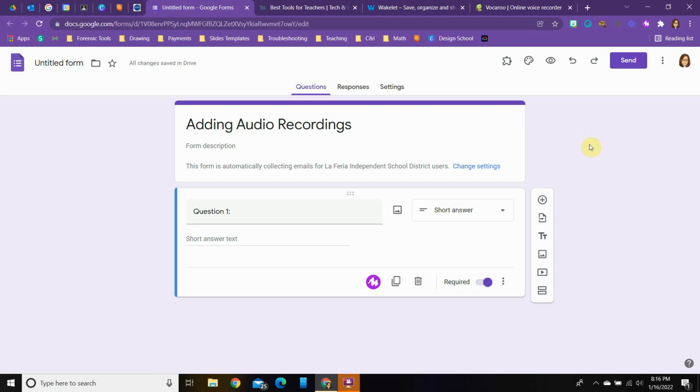Okay, I'm going to show you how to add audio recordings onto Google Forms. There are two ways I'm going to show you. There's more, but there's two ways I'm going to show you on how to add recordings onto your Google Forms. In case you want to, maybe say a story and then ask students questions about that story that you read out loud, or just in case students are still struggling with the reading and maybe can press the audio recordings